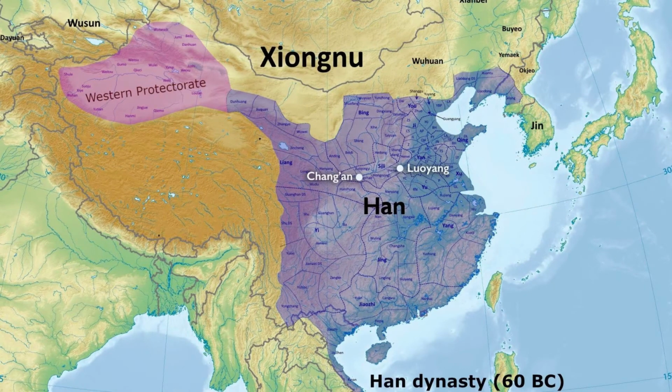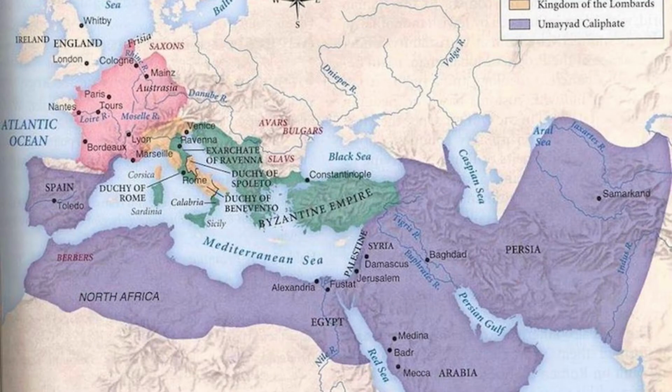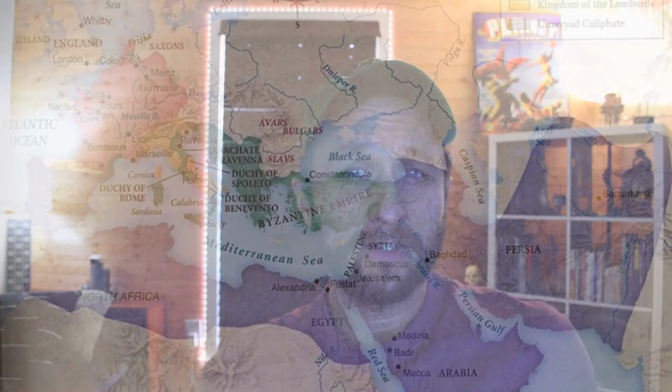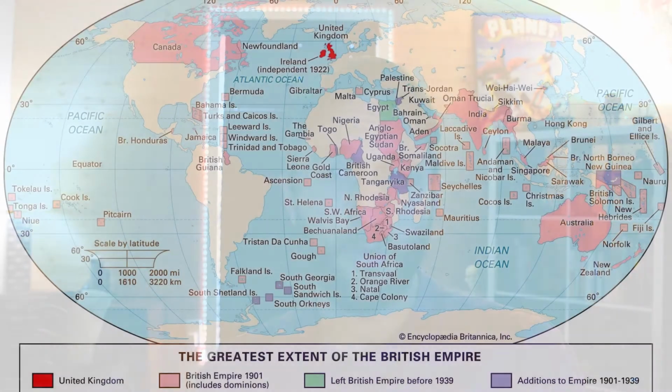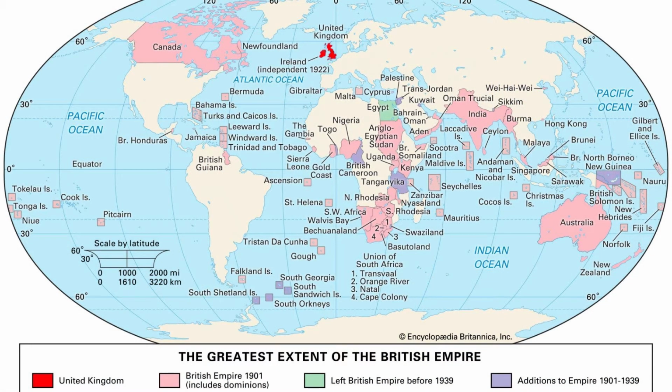Besides the Romans, other examples of empires include the Han Dynasty, established in 206 BCE, and spanning modern China, Vietnam, and Korea. The Umayyad Caliphate from 632 CE, which at its peak was as large as 4 million square miles, one of the largest empires in history. And we have a modern example in the British Empire, which comprised a quarter of the planet during the 20th century. And its remnants still exist today in the form of the Commonwealth of Nations, including countries as far-flung as Canada, Australia, and South Africa. But let's move on to